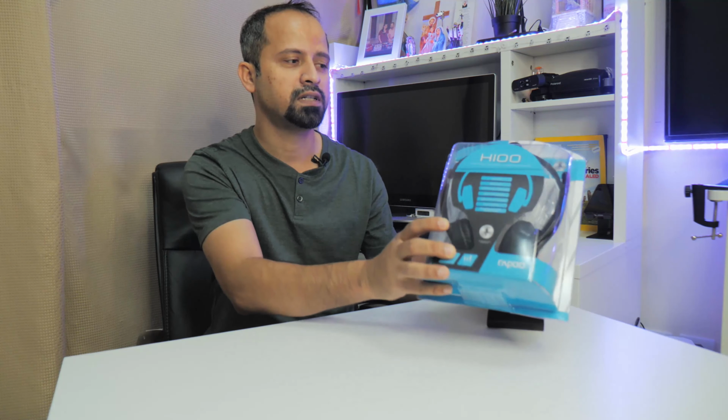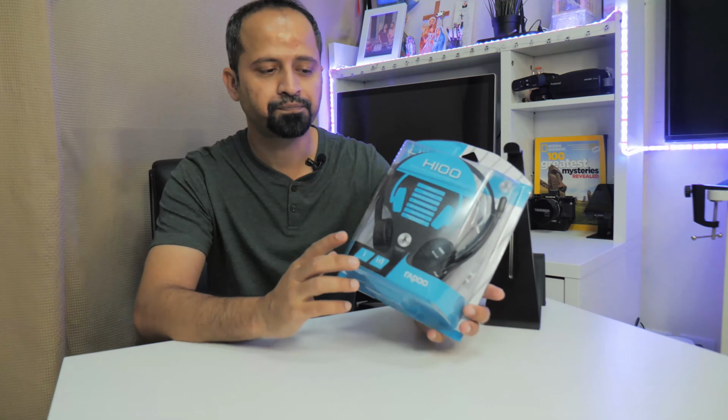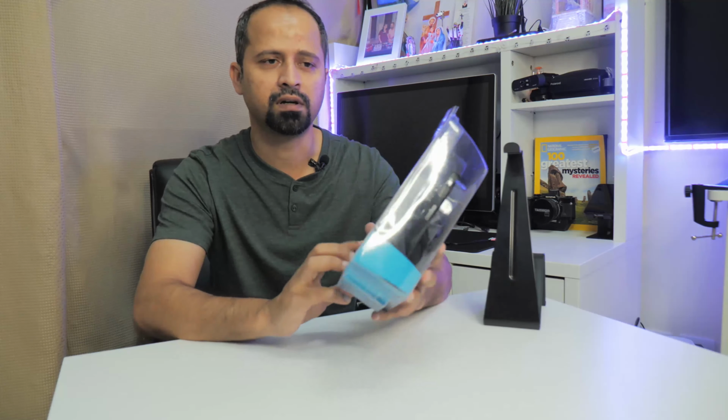So without further ado, let me just quickly mention the price. I managed to get it at a good price. It was on sale for 29 dirhams. That's less than $10, so roughly about $8, which is a steal for this headset. So as you can see in the packaging, it's just the headset in a normal packaging that you would receive